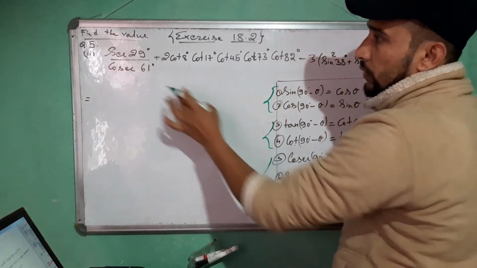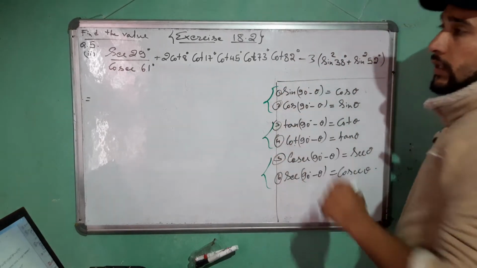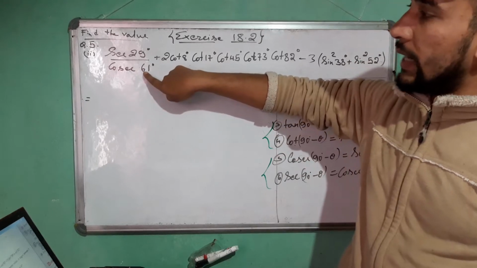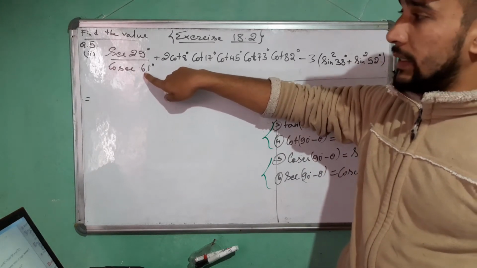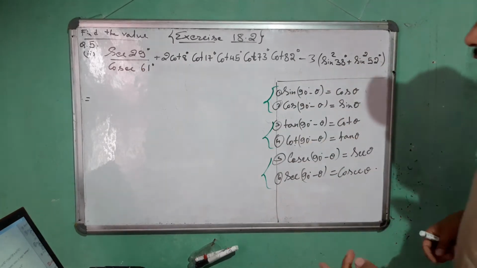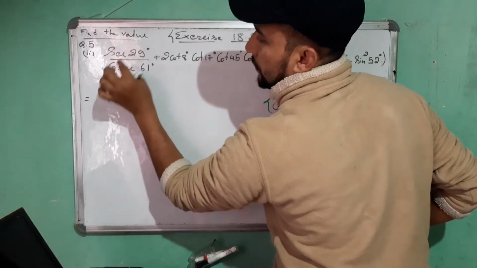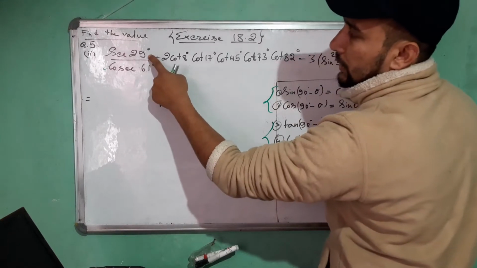So out of these two, you convert one only. Either convert the numerator or the denominator. If you convert the bigger angle, then it will be easier for you. In the previous class also I taught you like that, I suggested you to convert the bigger angle. So I'll convert this. Among this pair, I'll convert the denominator, since this angle is bigger than this.